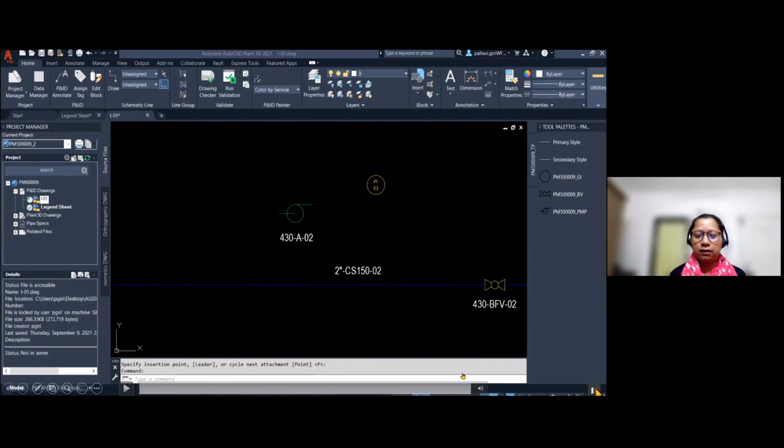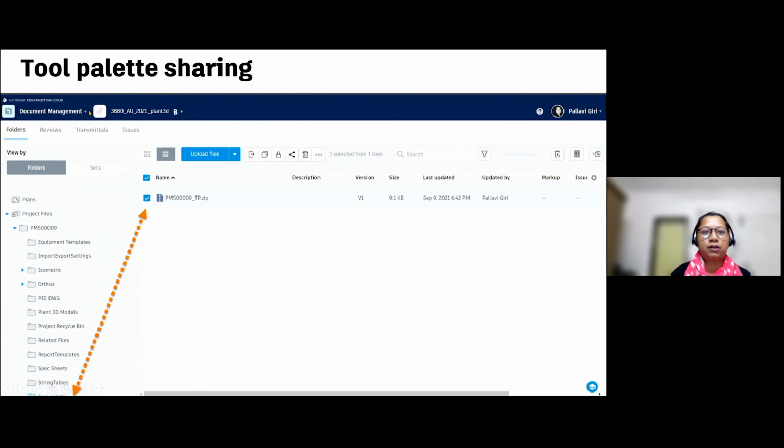So this is done. Once your project is ready, one thing you can do to share your tool palette is export that tool palette and then upload it to BIM 360 Docs by creating a folder called tool palette. And in that you can upload your tool palette directly on BIM 360 Docs.